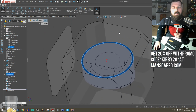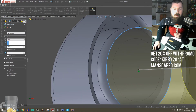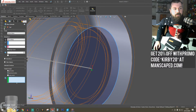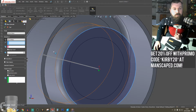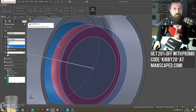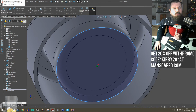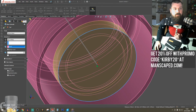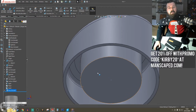So I'm going to sketch on here, and I'm going to put a boss. I'm going to make it up to body, because I don't want it to affect the inside surface. We're going to merge it with this body. Go on, up to body. Let's try up to surface. Now it's being difficult. Not liking me. Alright, let's just try this. There we go. So now this is all flat level, so we don't need to worry about